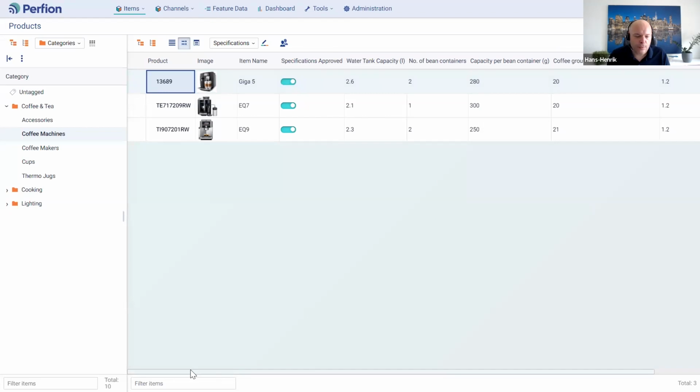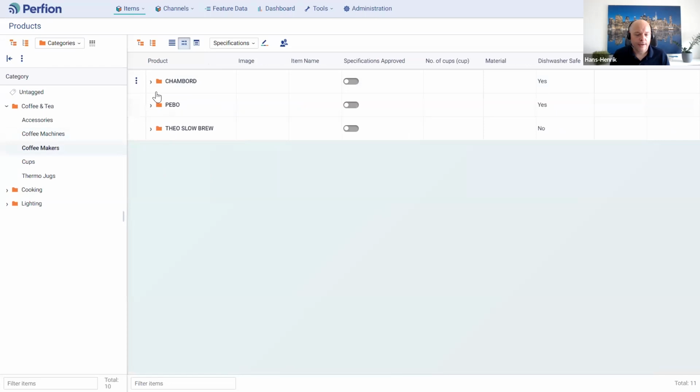One of the things that's also important for many of our customers, when we consolidate all the product data in here, is that we can generate print. And I know print is not related to a CMS, but it is important to the customers when they have all the product data in here. They want to use it for all the channels. So Perfion has a built-in report generator that can produce data sheets and catalogs, as well as an integration to Adobe InDesign for producing catalogs. So when the description is changed, it's not only changed on the website, it's also changed on the catalog and wherever else.